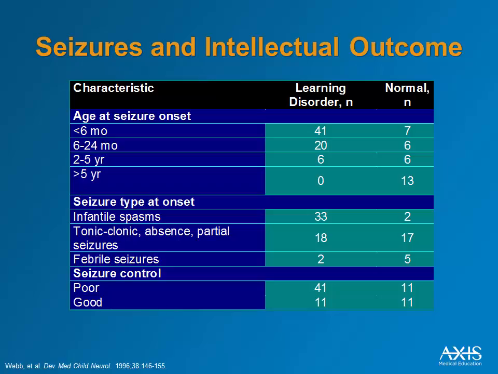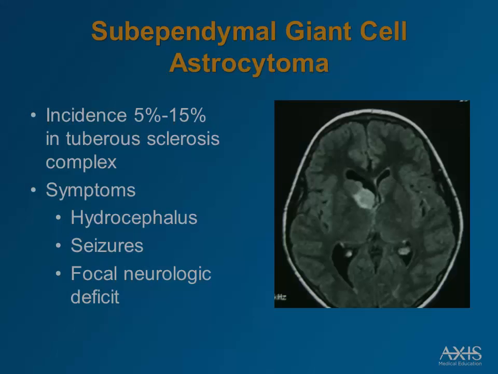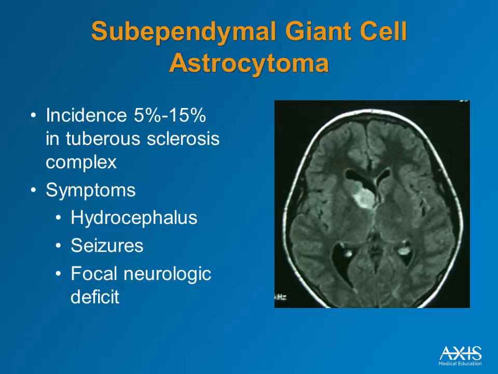Probably the most important message is the critical importance of being alert to the occurrence of seizures early in life and aggressive in the efforts to treat these, because early and aggressive treatment can make a big difference in terms of intellectual outcome. Now, staying within the context of the central nervous system, and it is the major focus of